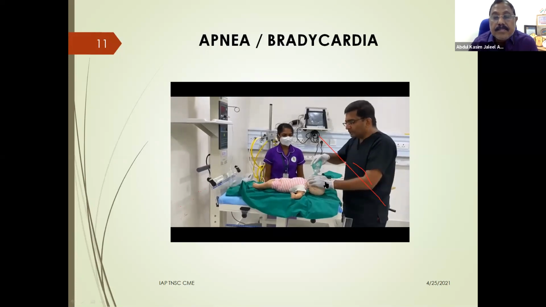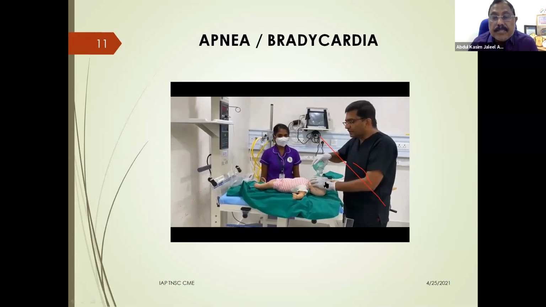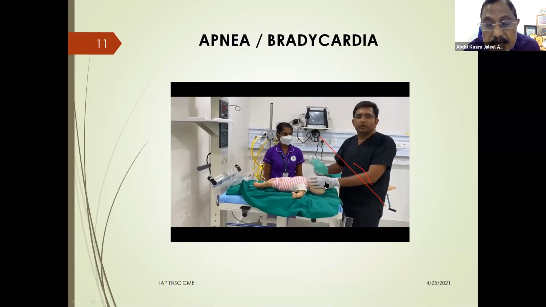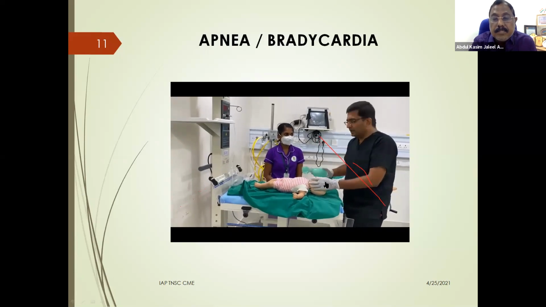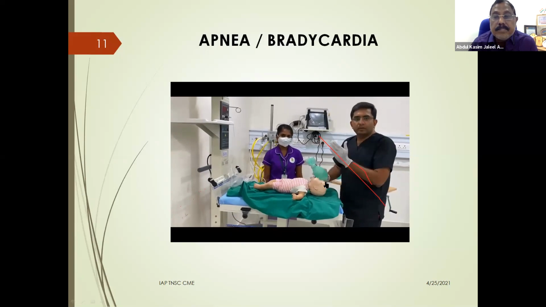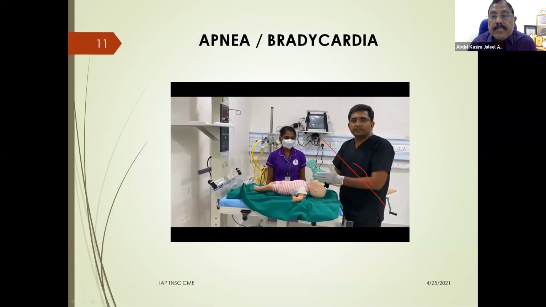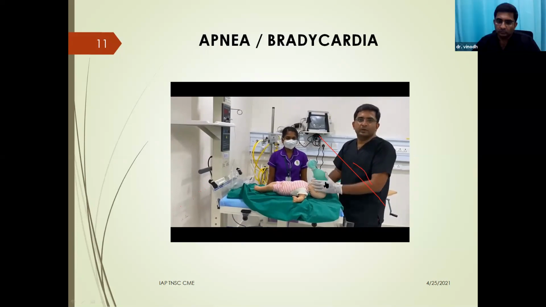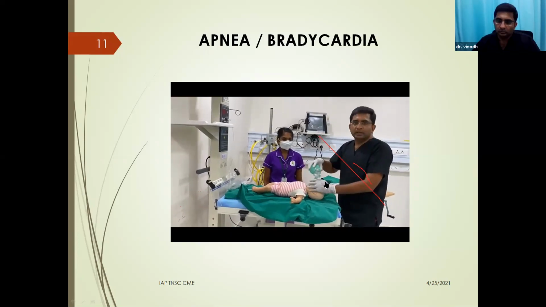Even then, if there is no chest rise, you need to increase the pressure and look for chest rise. Even then, if you are not getting any chest rise, then it's time to go for an alternate airway, that is intubation. During this process, if you get chest rise at any particular point of time, give positive pressure ventilation for 30 seconds from the point where we get an adequate chest rise. That is effective positive pressure ventilation. After that, we need to look for the response.